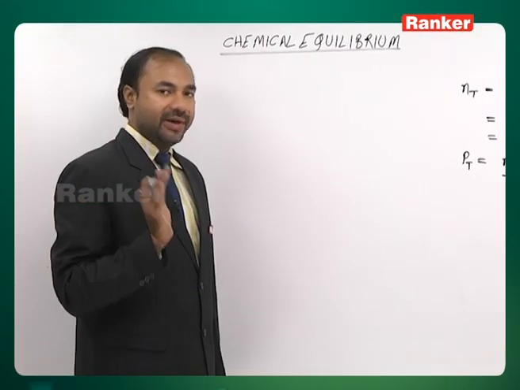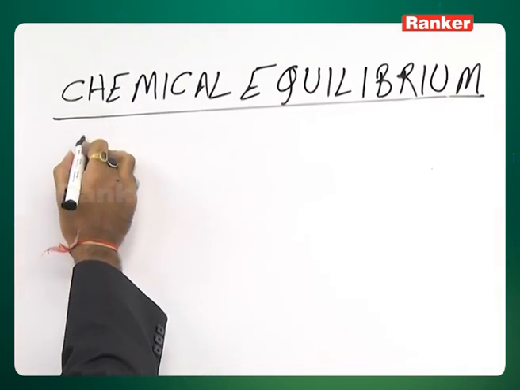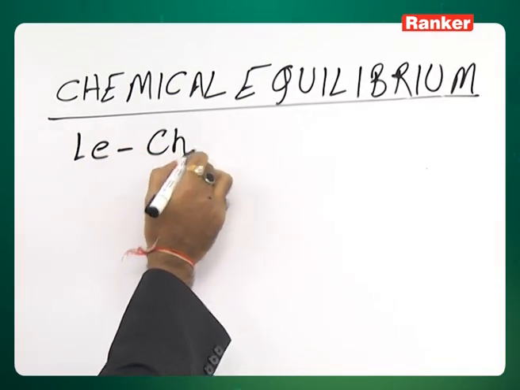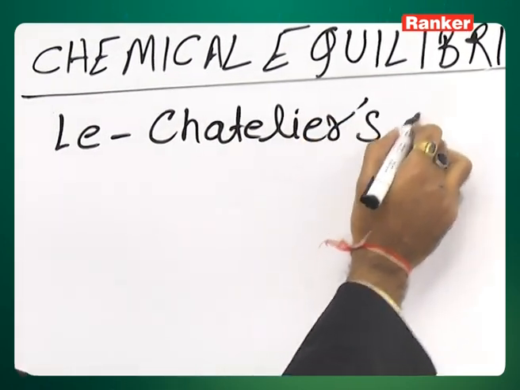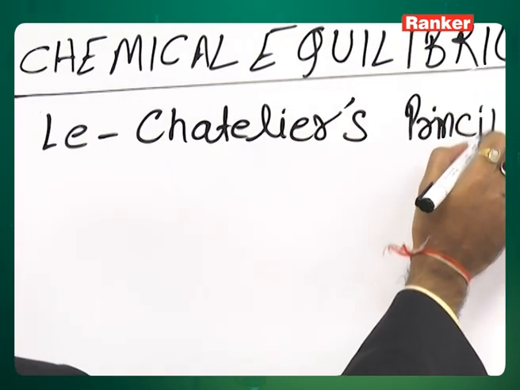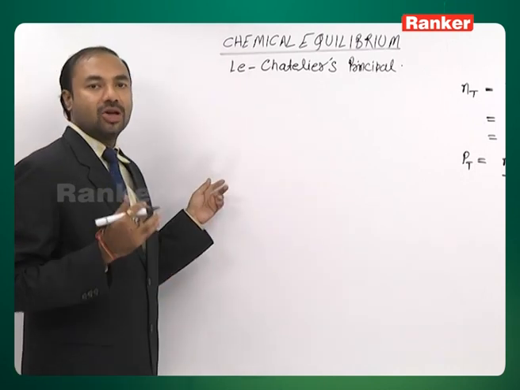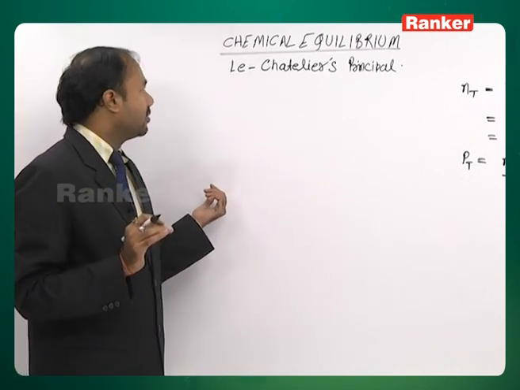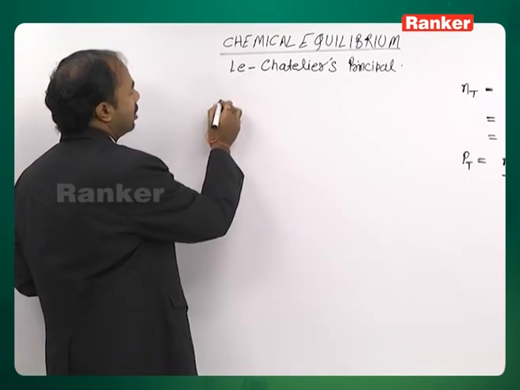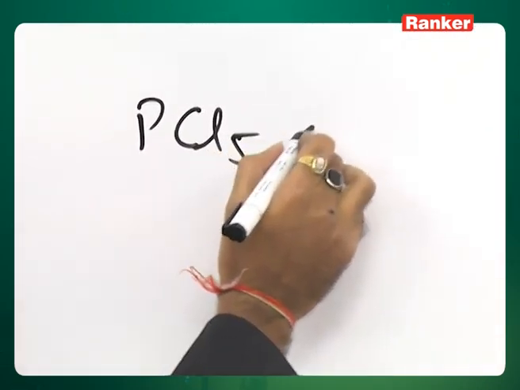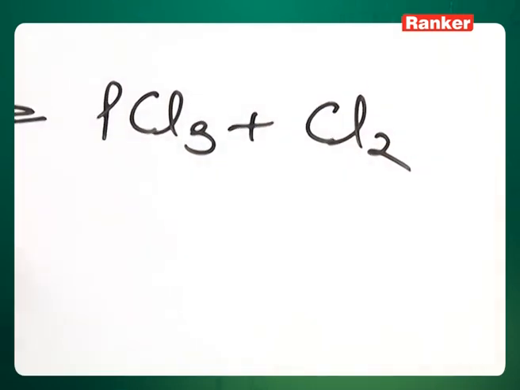We are going to start now one very important concept of chemical equilibrium. This is known as Le Chatelier's principle. Now, this tells us how an equilibrium behaves if we disturb it. For example, we will discuss the same equilibrium of PCl5 in equilibrium with PCl3 and Cl2, all gases we assume